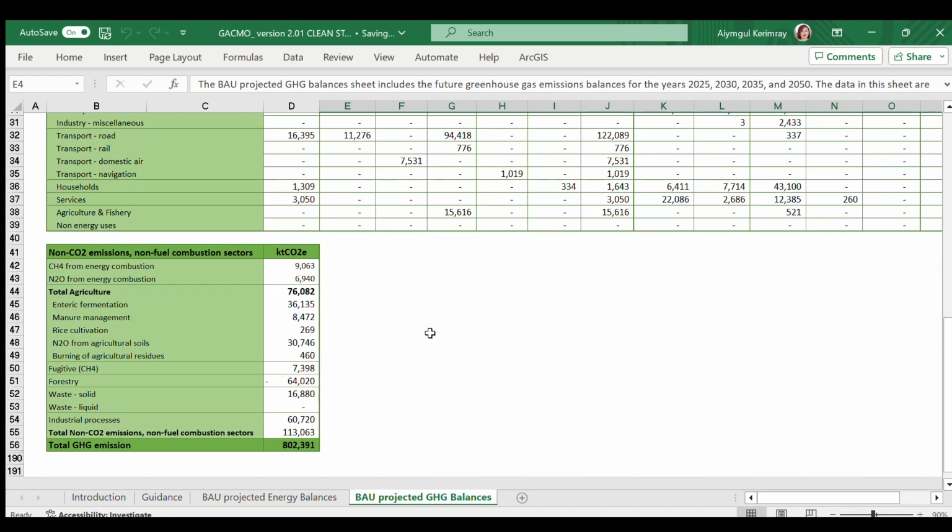The second table is for other emissions, corresponding to the emissions from non-combustion sectors, non-CO2 emissions from fuel combustion, and fugitive emissions for the projected periods. In the final row 56, the user can view total GHG emissions projected for the business as usual scenario in the selected year.